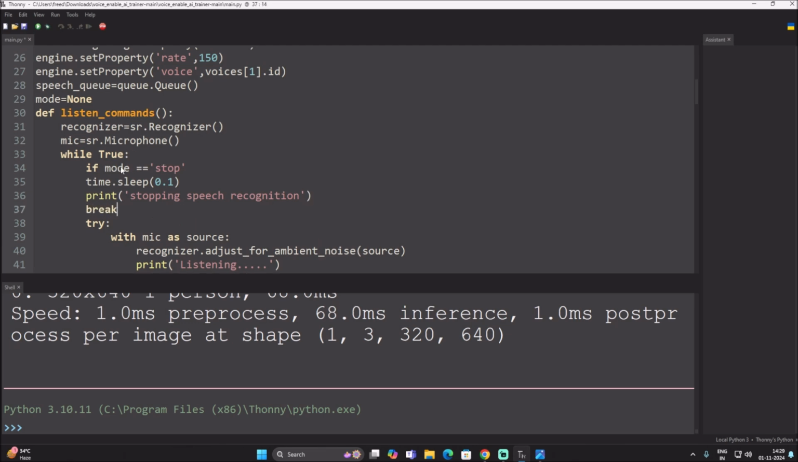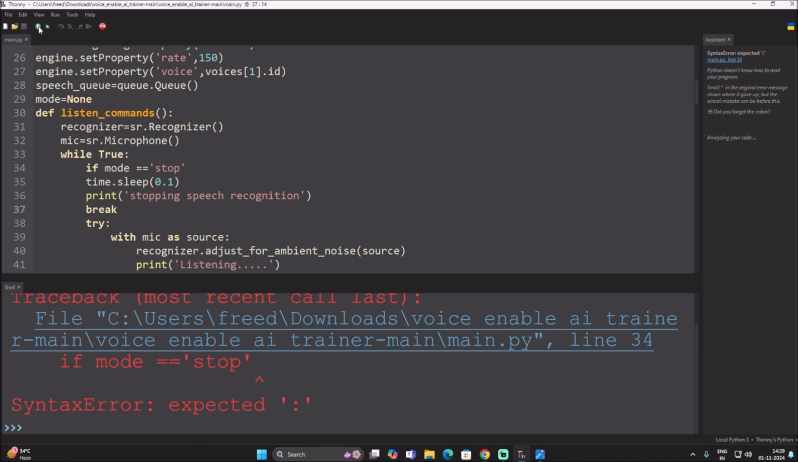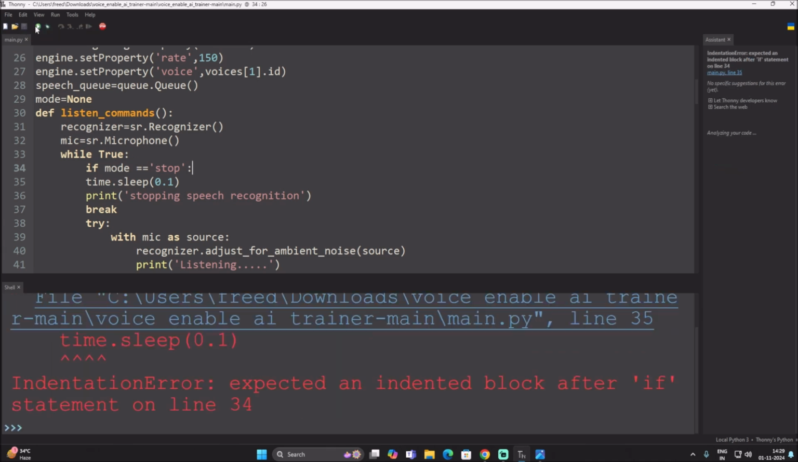Done. Now if I save the code, we will cross check if our all mode is perfectly working or not. So let's just save the code and let's just start our camera. Yes, here we want to mention colon if mode is equal to stop. That's why there is error. As you can see, this is the error. Simple. So let's just save the code. If I run the code,